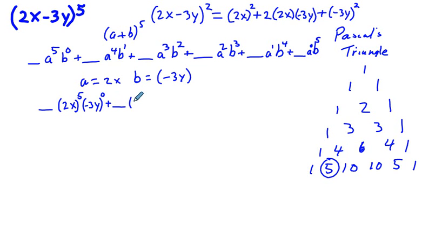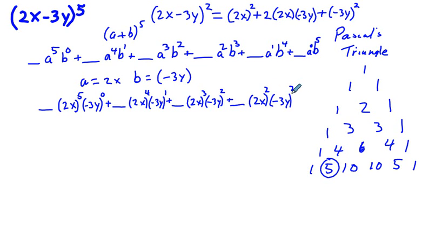We'll have 2x replacing the a to the 4th power, and negative 3y to the 1st power, plus some coefficient. We will have 2x to the 3rd power and negative 3y squared, plus some coefficient. We will have 2x squared times negative 3y